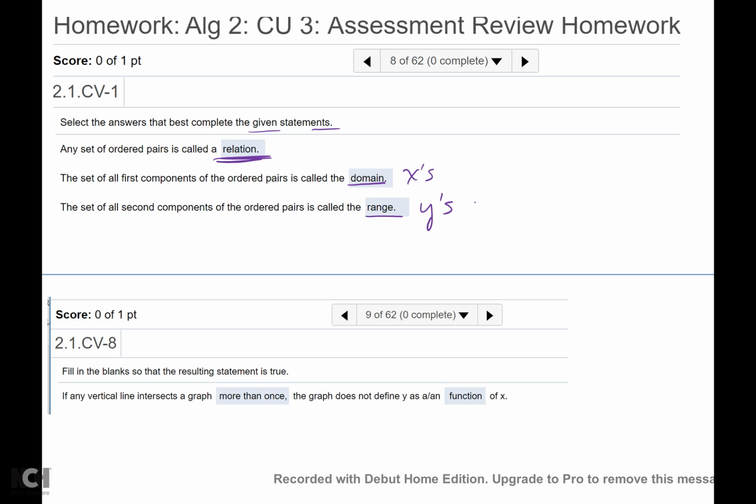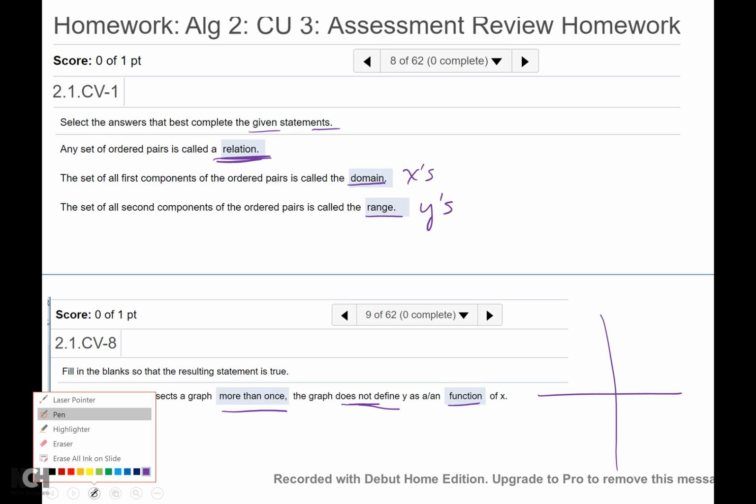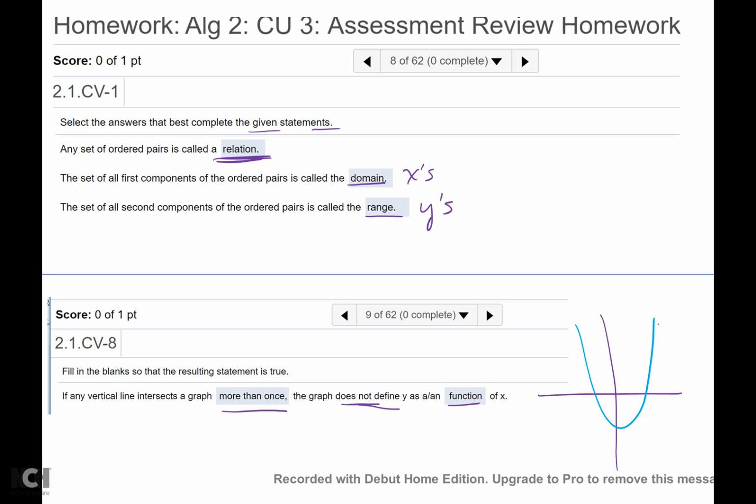Okay, fill in the blanks so that the resulting statement is true. It says if any vertical line intersects a graph more than once, then the graph does not define y as a function. They're talking about the vertical line test. If I have a graph, and I don't know, let's say I have a parabola. If it passes the vertical line test, meaning every vertical line I draw only intersects the blue one time, then